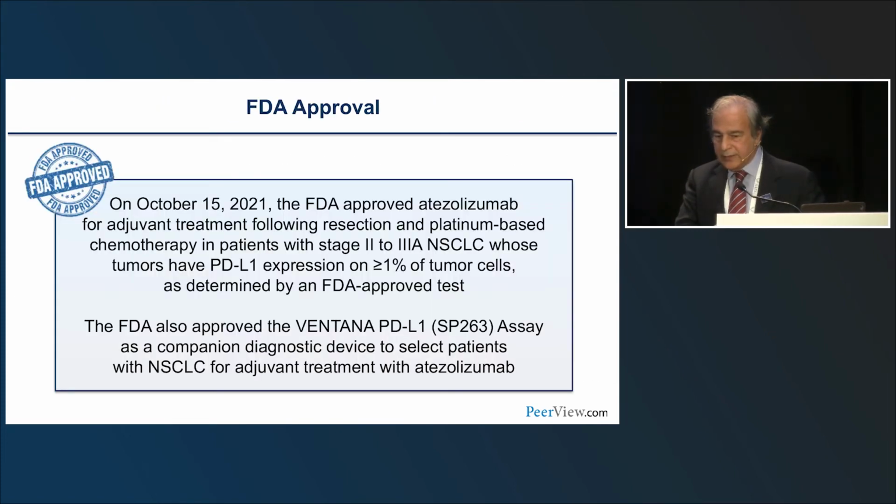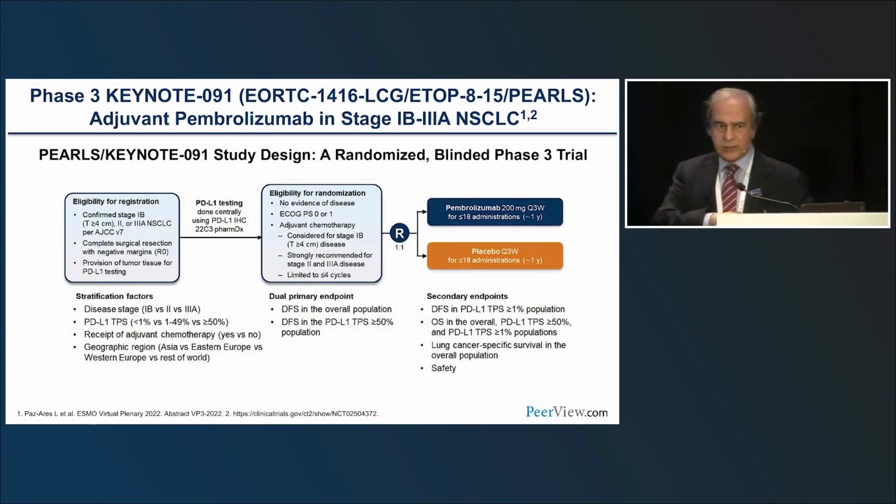And as I said, the FDA approved the atezo in the population that I just described in October of 2021. So in February, I think, of this year, or March of this year, Keynote 091 was presented at ESMO, and this took patients, again, with completely resected stage 1B to 3A non-small cell lung cancer, and then randomized them to,